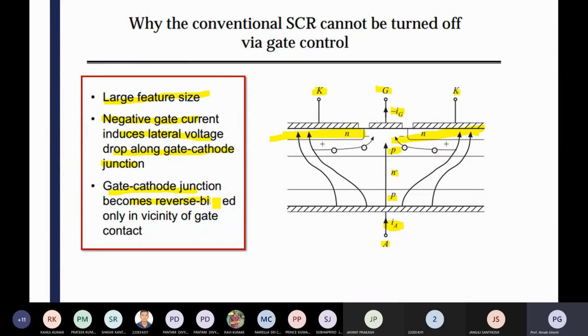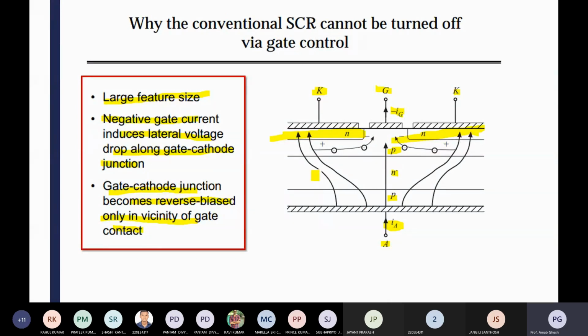Another device is the gate turn-off thyristor, known as GTO. It is an SCR fabricated using modern techniques, with smaller interdigitated gate and cathode regions that can conduct very high current. Negative gate current is able to completely reverse bias the gate cathode junction.